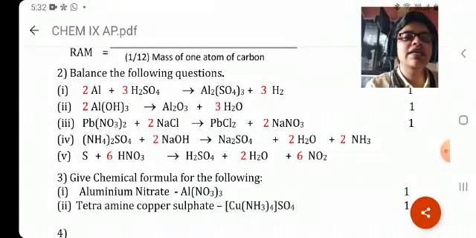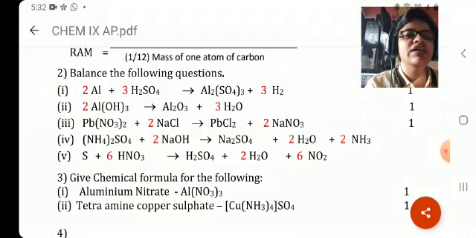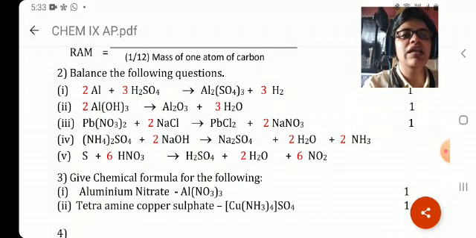Balance the following equation, guys. In this case also, you have to write the proper equation and the correct balancing. Each and every number on the left hand side and right hand side should be correct, then only you get 1 mark. If only one mistake is there, then you don't get even a single mark. In short, you will get straight away 0. I repeat, in balancing, the answer should be correct as it is given in the solution. There should not be even a single mistake, not even a single element's balancing should be wrong. Only in that case you deserve 1 mark.